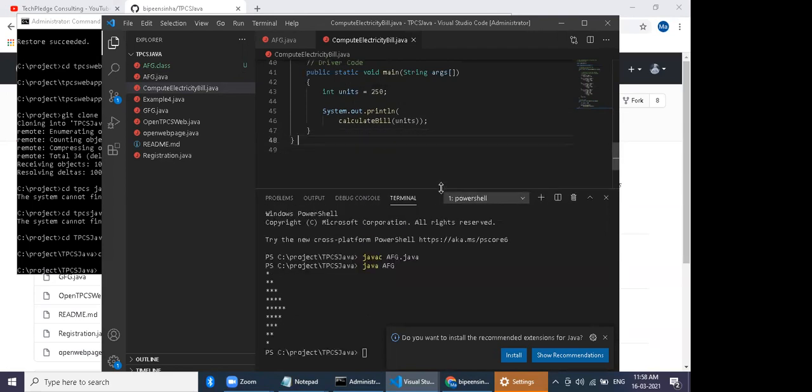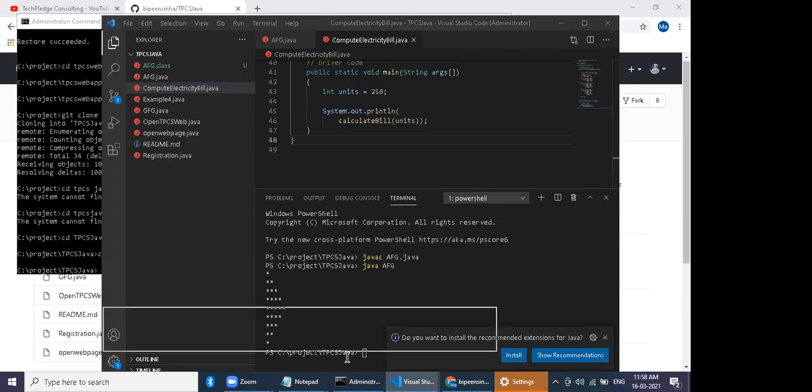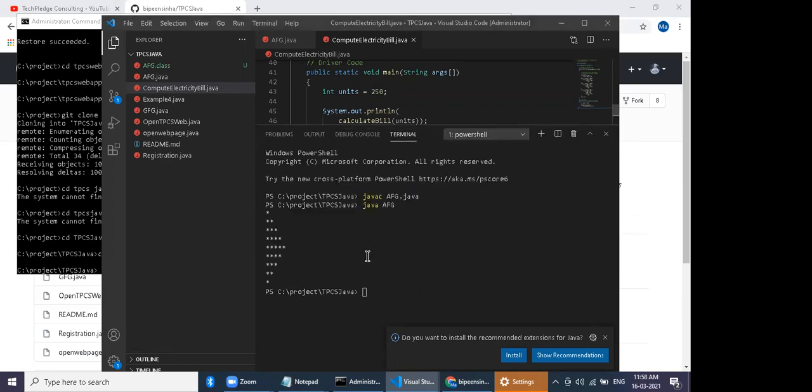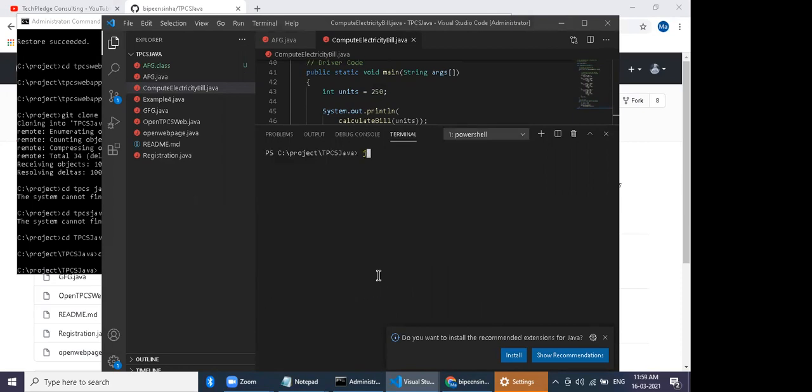So let's run it. How will you run it? Again, same program, javac. Just clear the screen. javac space, capital C, and press tab. Hit enter. Java, capital C, and press tab. Remove the class.